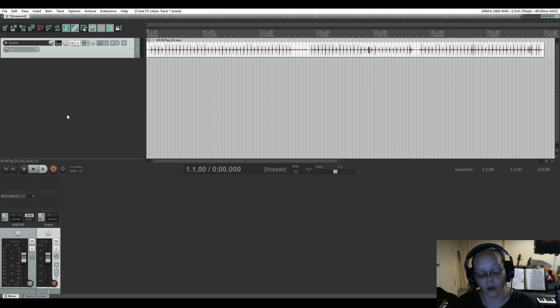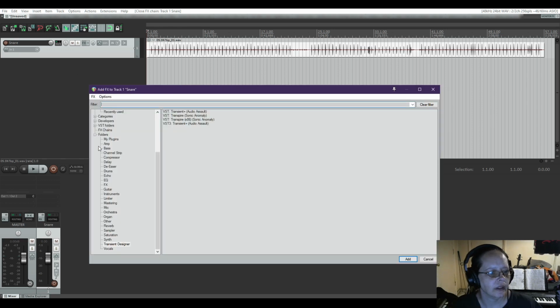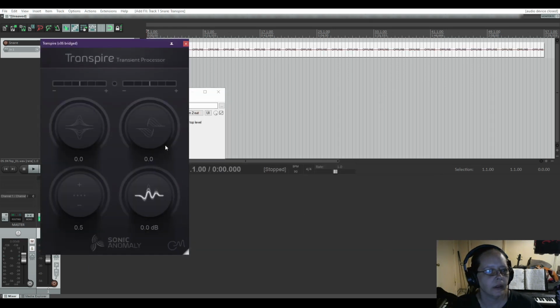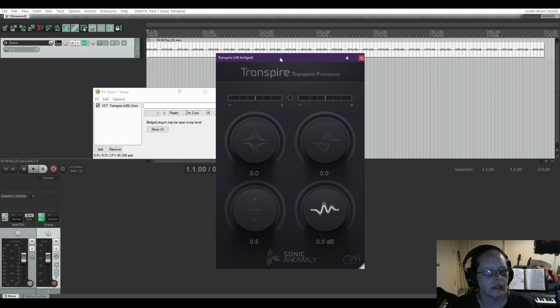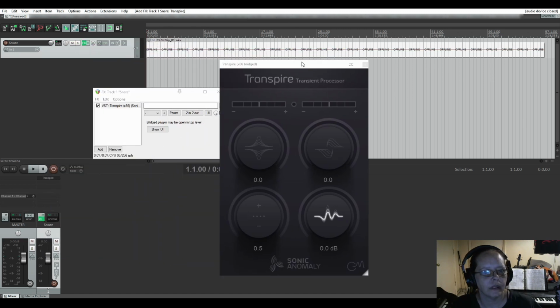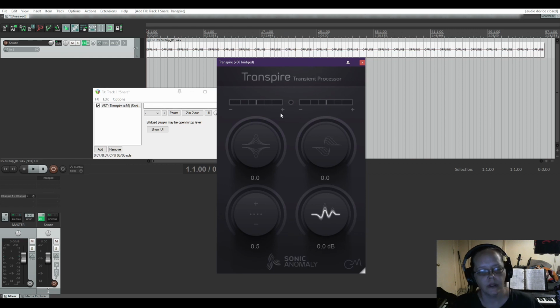This is just to show off this plugin. So I'm going to go ahead and open it. And there it is. Now, there's only like 4 little areas right here that